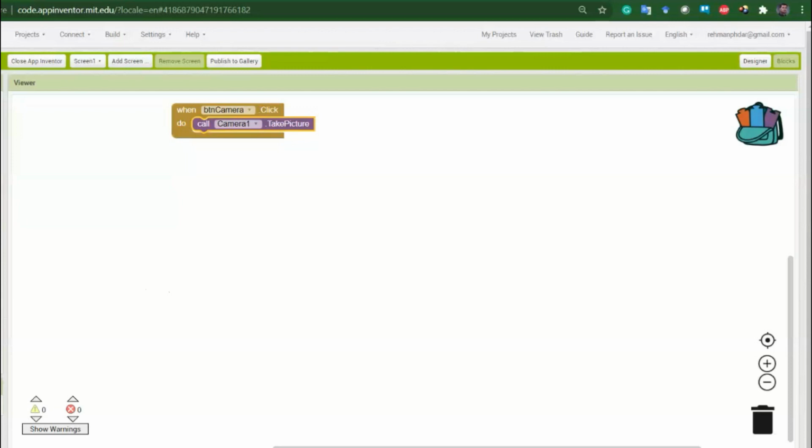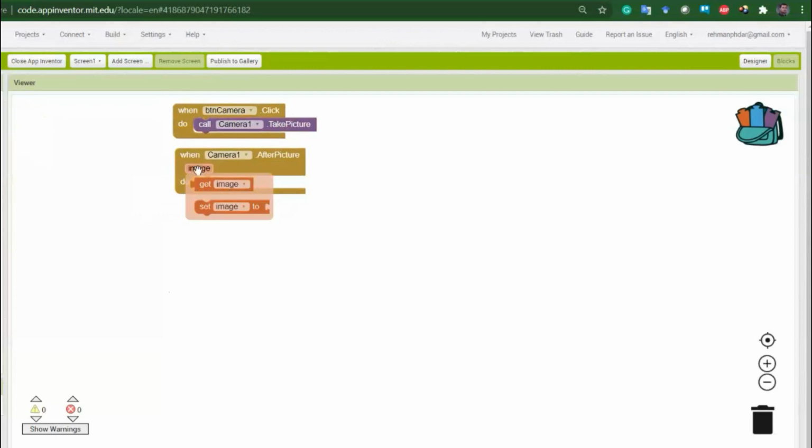Okay, then again click the camera and bring this control, that when camera gets the picture, then after the picture what should be done. And if you see, the picture is already attached to this control. Okay, so now we want that this picture should be assigned to the canvas.